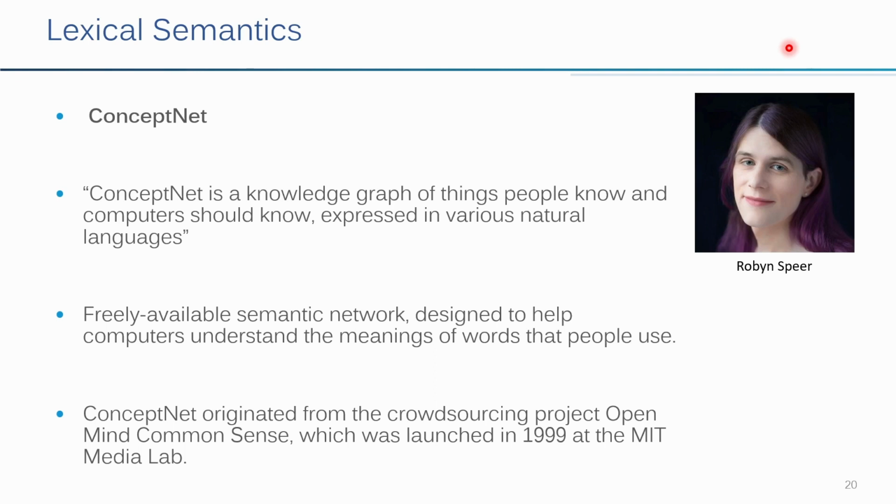we have ConceptNet. I like the definition of ConceptNet from Robin Speer, who created this at the Media Lab at MIT in 1999. ConceptNet is a knowledge graph of things people know and computers should also know, expressed in various natural languages, and its structure, in my opinion, is as loose as its definition. It's a totally distributed graph in which things relate to one another and as sparse as it sounds, which is both good and bad because you don't have this hierarchy between concepts. It's more spread out, but this is also a drawback because it's hard for you to keep track of how things,